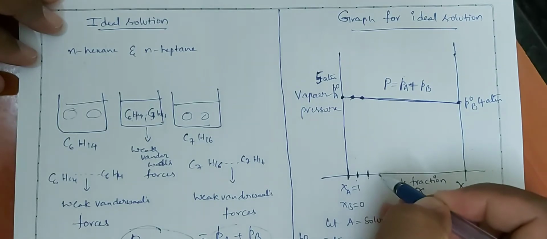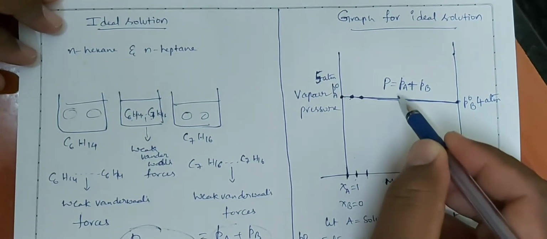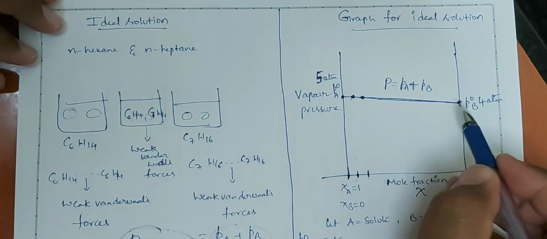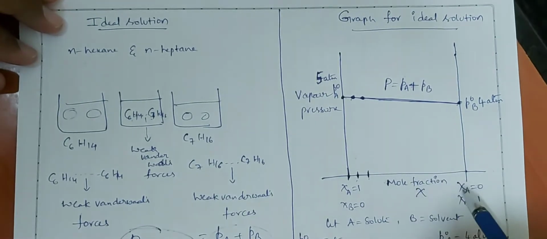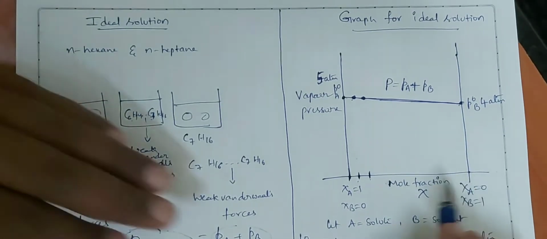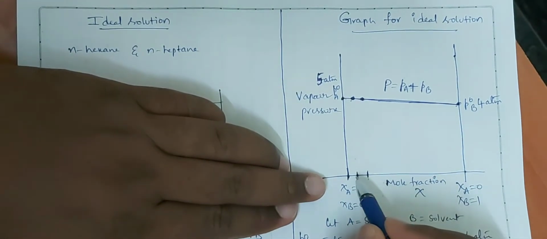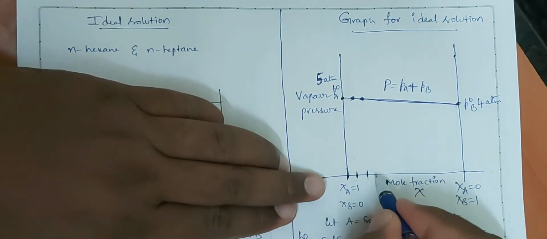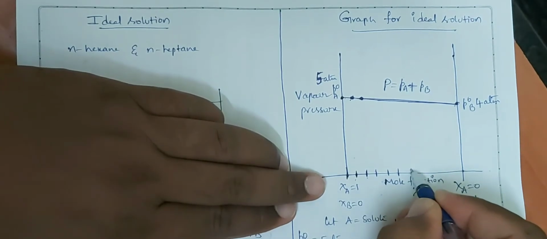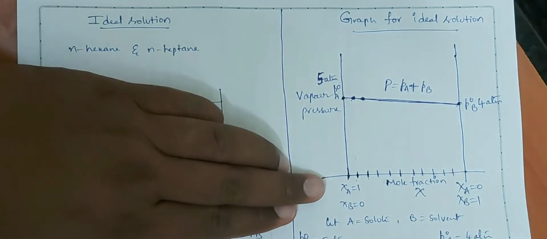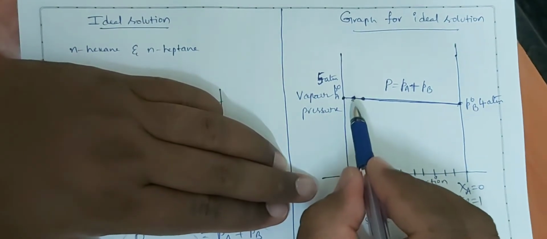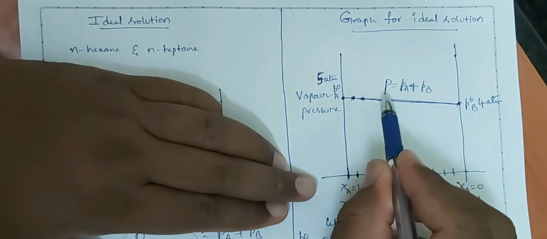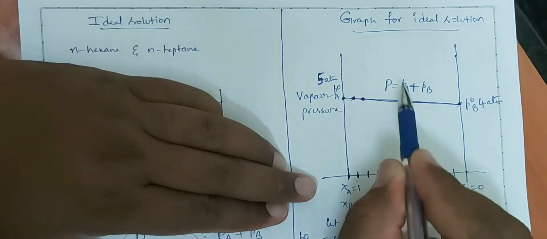Next, if you see, 4.7 we will get. Next 4.6, 4.5. One more calculation I will do. After that it will be continued and it will reach up to here. Chi A is equal to 0, chi B is equal to 1. So in between this solute and solvent, we are going to prepare solutions with various concentrations. Every point is mentioning one concentration. Like that, 10 points we can consider. At these 10 points, if we go through correctly, the total pressures are on the line only. That means P is equal to PA plus PB. This is the graph for ideal solution.